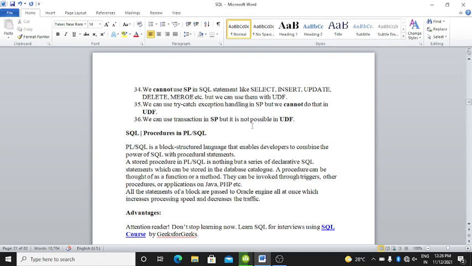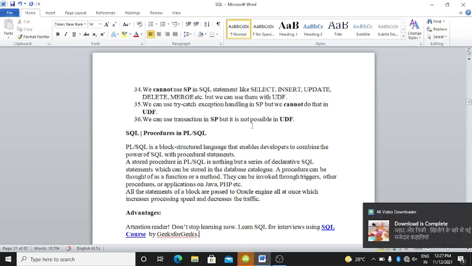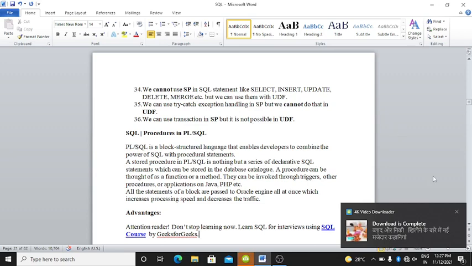Here are the stored procedures in PL/SQL. PL/SQL is a block structured language that enables developers to combine the power of SQL with procedural statements. A stored procedure in PL/SQL is nothing but a series of declarative SQL statements which can be stored in the database catalog. A procedure can be thought of as a function or method.